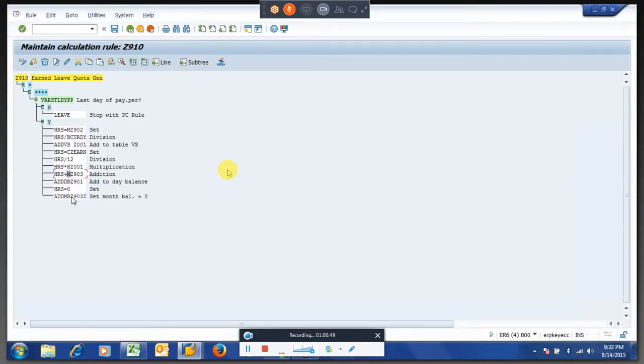So the 0 will overwrite the 5 and 0 will store in this time. Because our work was already happened with this. It should not exist again. If it is existing again, next month also the 5 will add. Again next month also it will add. So every month the 5 will be adding.